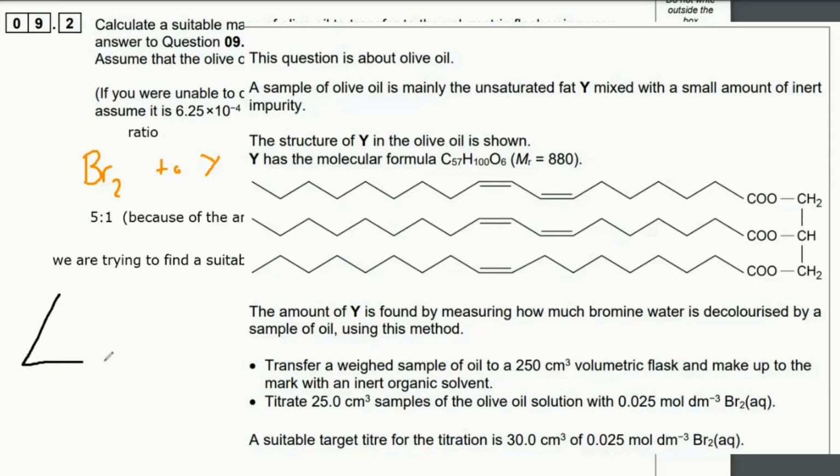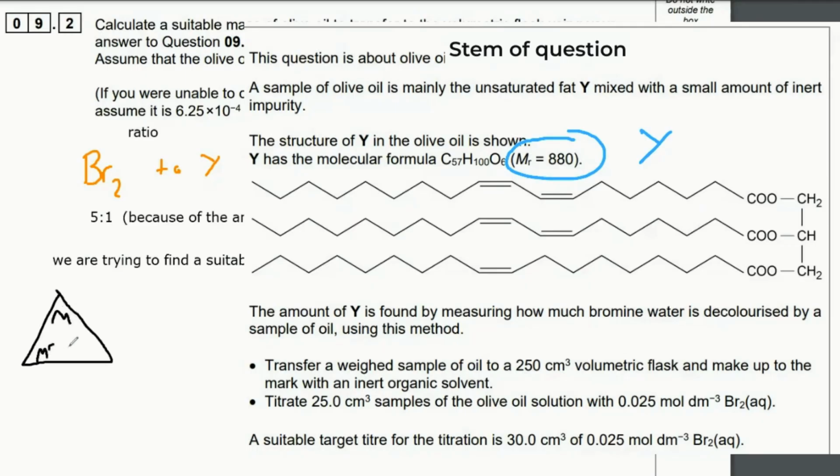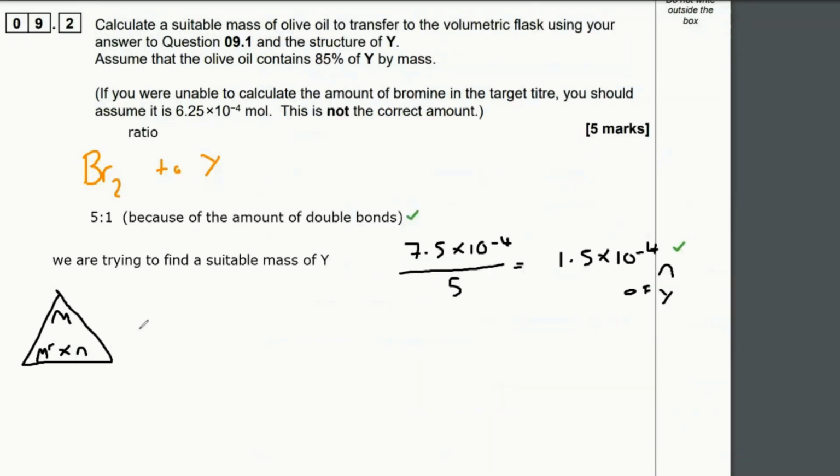Then all we need to do is put our moles, mass triangle down like this. Find out the MR of Y, which we've just said from the stem is 880. Use our moles, multiply it by 880, which is the MR, and we'll end up with the mass of olive oil, or the mass of the molecule Y that's in the olive oil. And that's going to give us 0.132 grams,